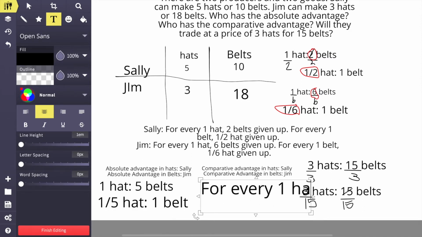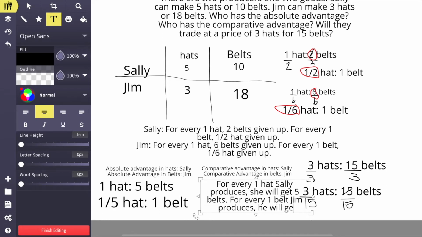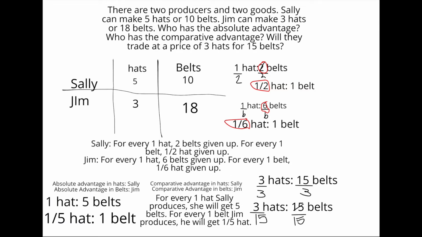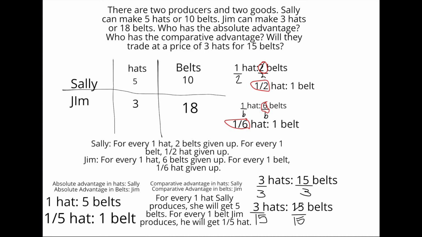Once again, I'm going to write all of this out in words so that we understand what the ratios mean. So since Sally has the comparative advantage in hats and Jim has the comparative advantage in belts, we know that Sally is going to produce hats and Jim is going to produce belts. So do you think that Sally and Jim will trade at this price of 3 hats for 15 belts? They will, because for every 1 hat that Sally produces, she will get 5 belts, which is more than the